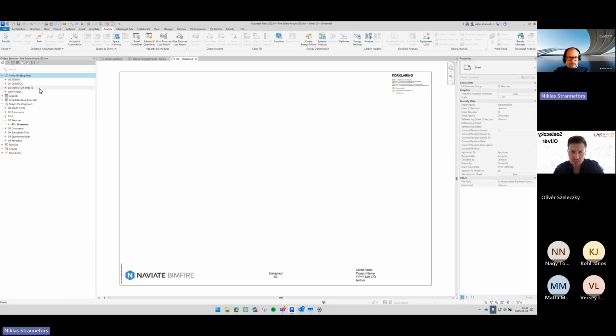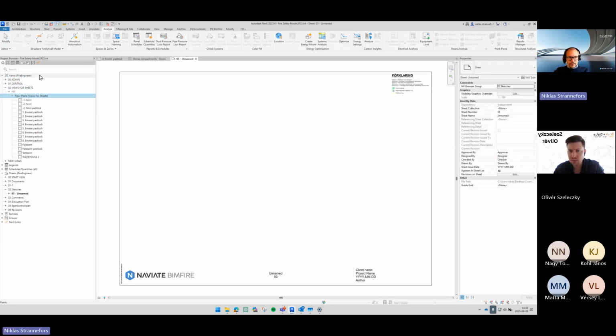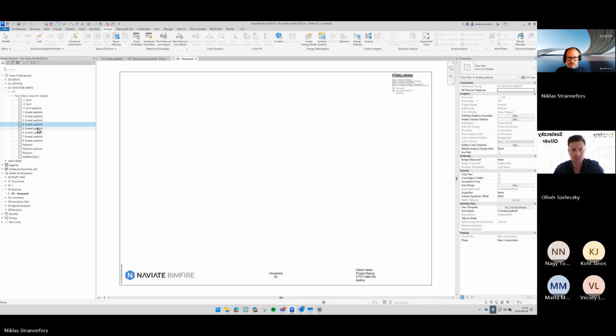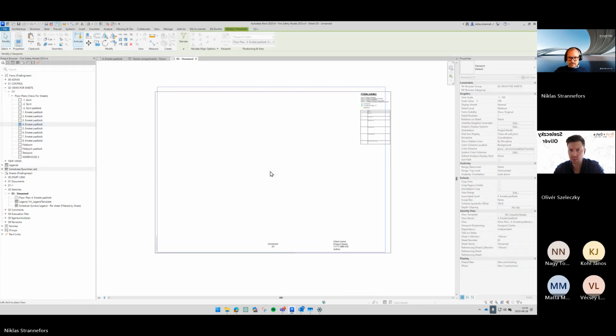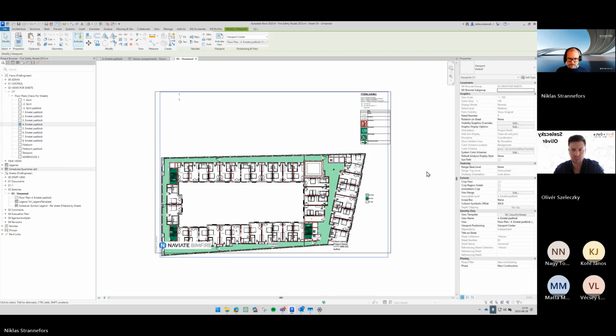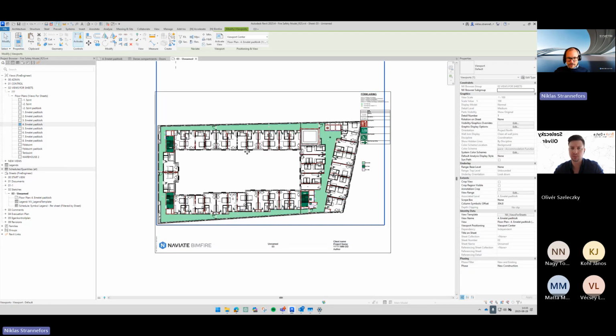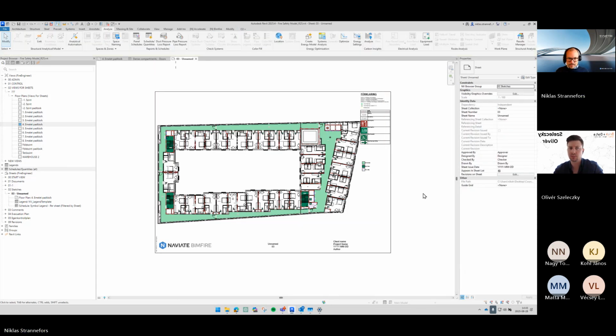Here, we can drag and drop level 4 from views. And drag and drop this one into the sheet. And you can see something happen here already. Drag and drop and place it somewhere. Mine were a little bit off. I would move it around here, perhaps. Maybe we even need to change the scale to maybe 1 to 200 to make it fit